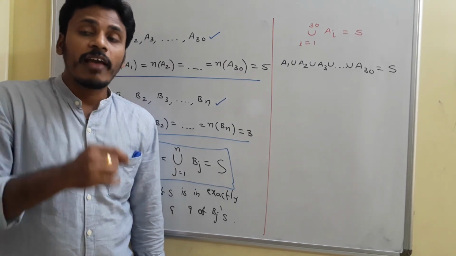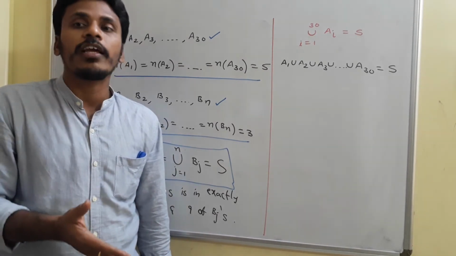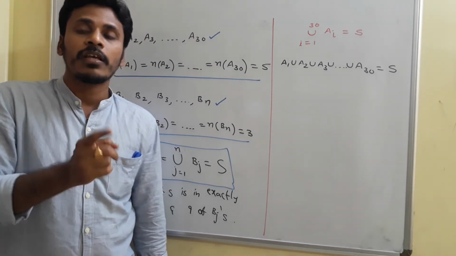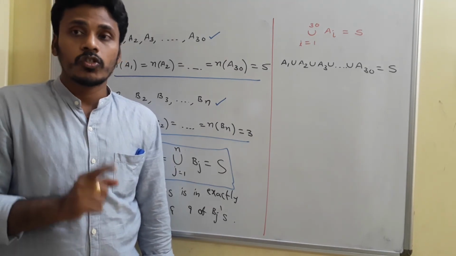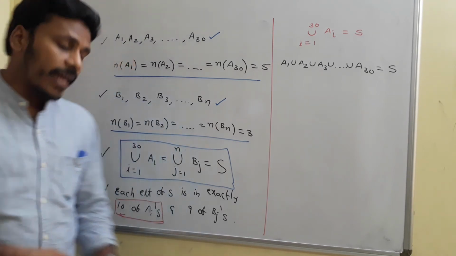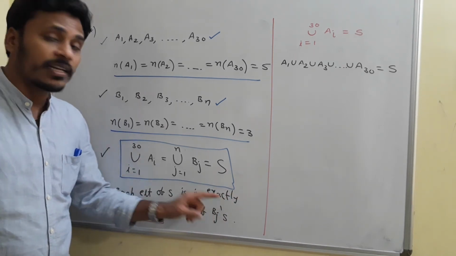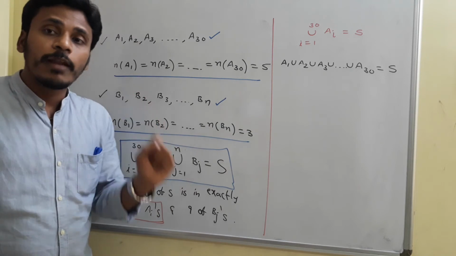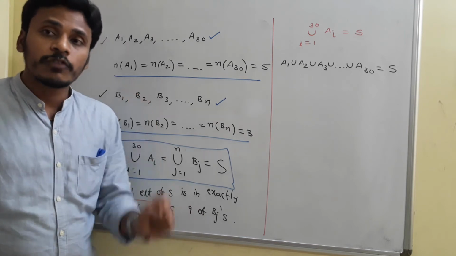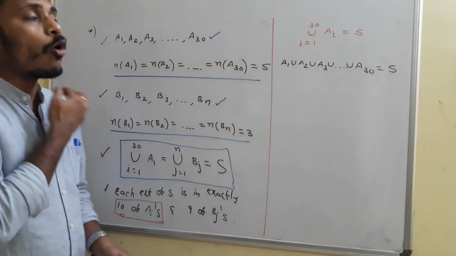Is it right? Since every element is repeated 10 times, how many elements will be there? There are only 15 elements. If there are only 15 elements, and you count each element 10 times, then only you will get that 150, right? If all the elements are different, then for sure you will get 150 elements. But as per this restriction, each element of S is in exactly 10 of the Ai's, so every element is repeated exactly 10 times. So totally there are not 150 elements, there are just 15 elements, and if you repeat them, you will get 150.